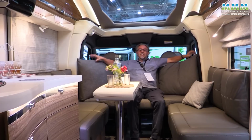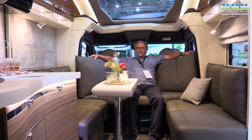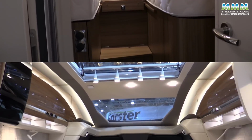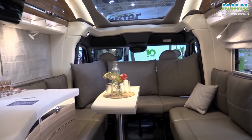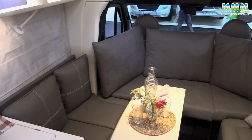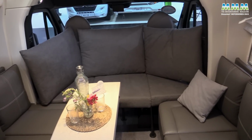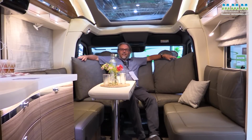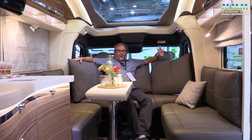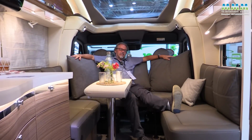option. So this is the Contura 766EF with a parallel lounge and twin beds at the back. Lots of nice glossy furniture and a very upmarket feel. But this Happy Lounge option really makes it. So you just swivel the cab seats around, put in these extra base cushions, and then these backrests like big pillows. Now, Happy Lounge is a very apt name because it certainly makes me happy. And you walk miles and miles and miles at this show, so I really do want to put my feet